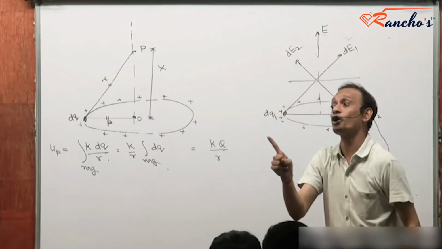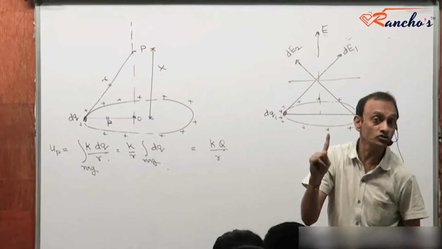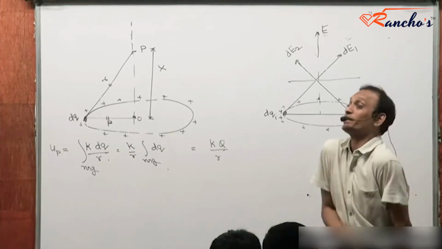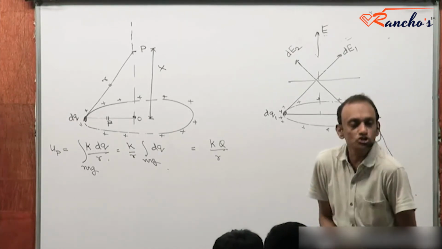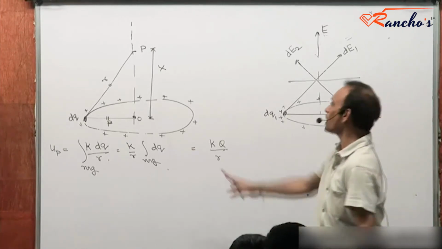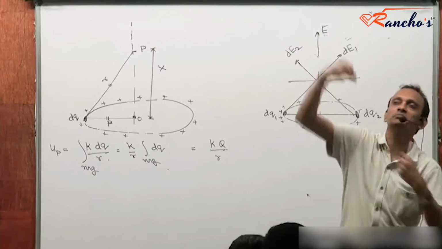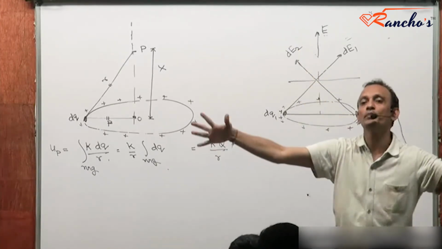Electric field will depend on, in this case, not in all cases, will depend on how charges are distributed for a ring, but potential along the axis does not depend on how charges are distributed, only depends on the total charge and the slant height of the cone. K times the total charge in the ring divided by the slant height of the cone will give me the potential.